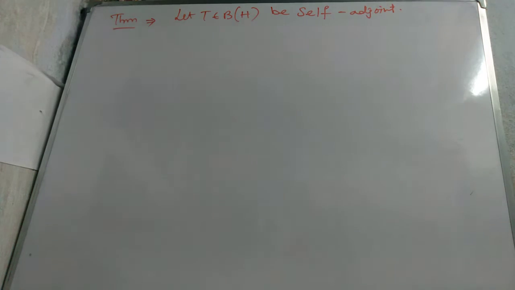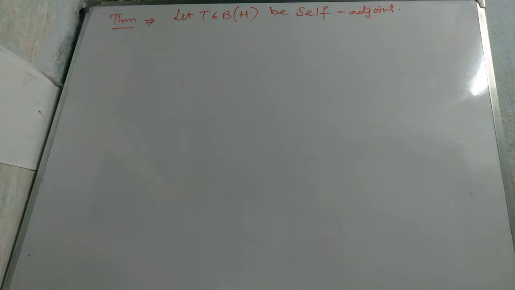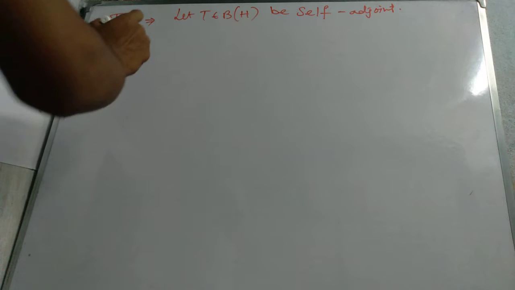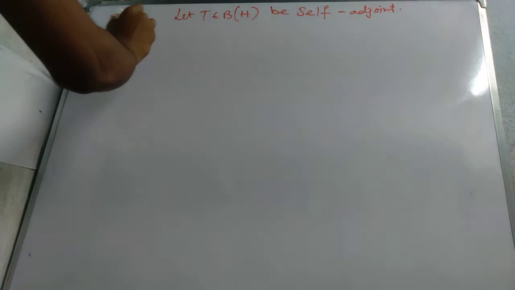Today we start one important topic. We start an important theorem. We now write the statement of this theorem. Let T belong to B(H), a bounded linear operator from H to H, to be self-adjoint, that means the adjoint of T equals T. Then